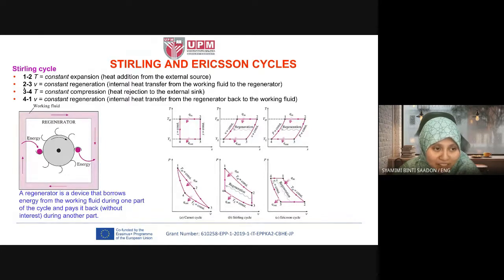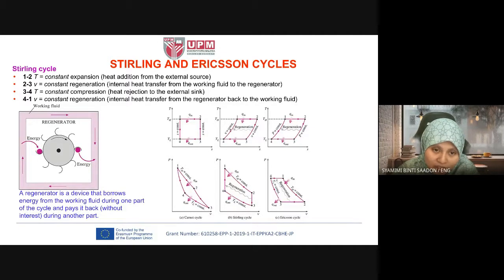Okay, so the different part is the 2 to 3 and 4 to 1, constant regeneration. What does it mean by regeneration? Regeneration: internal heat transfer from the working fluid to the regenerator, and internal heat transfer from the regenerator back to the working fluid. Okay, regeneration means that we use the heat from the higher source temperature to reheat the working fluid